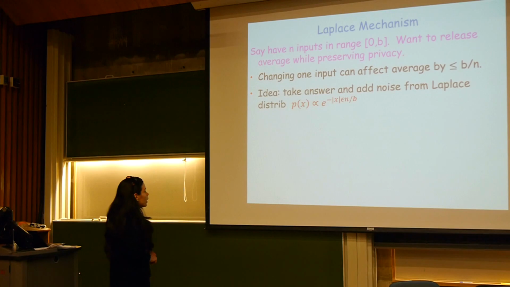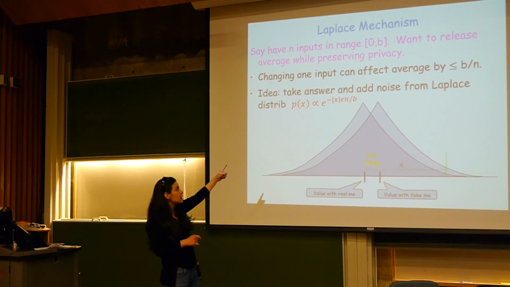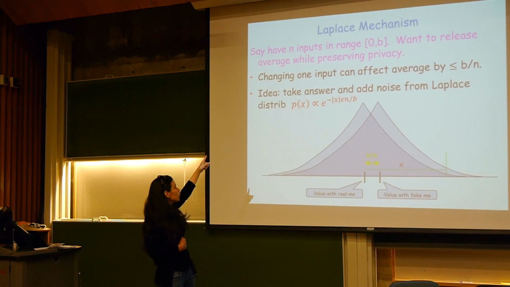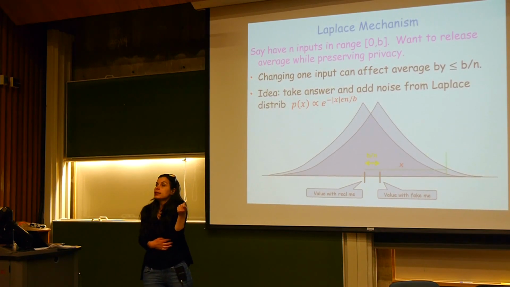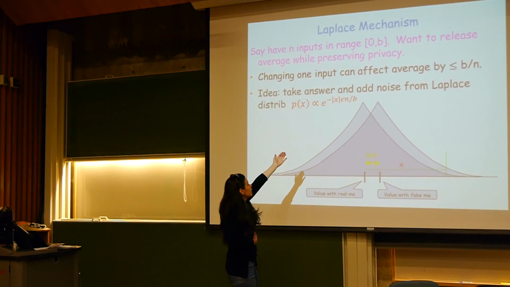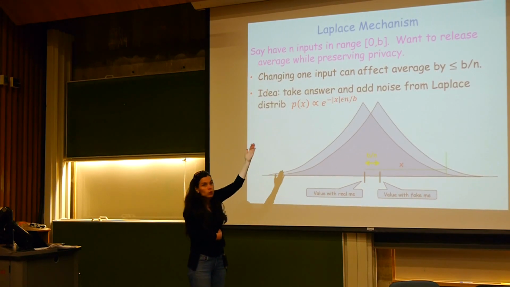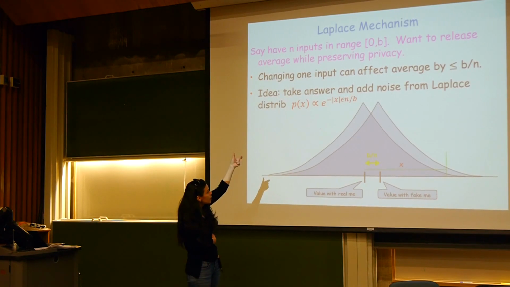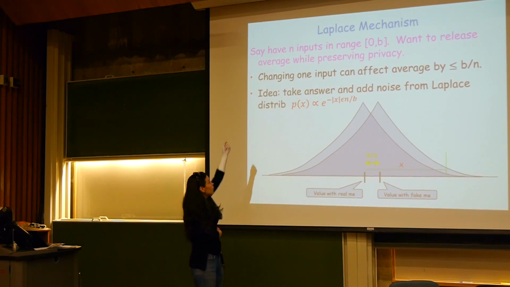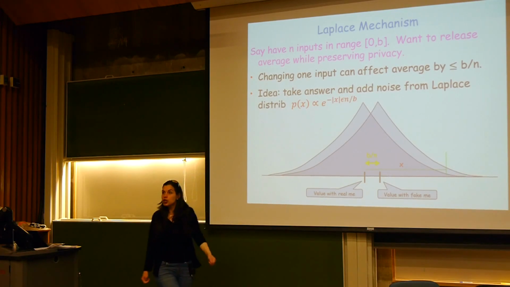And so we're going to add some specific type of noise called Laplace noise that has a specific distribution. The amount of noise that we add depends on the sensitivity of our query. When we compute the average, any single input can affect the average by b over n. So we're going to add some amount of noise that depends on this sensitivity. In particular, we're going to draw x at random from this Laplace distribution that looks like e to the minus absolute value of x times epsilon over sensitivity, which in this case is b over n. So we just draw a point at random from the distribution, add it to our real average, and release that. And then you can show that this is differentially private.